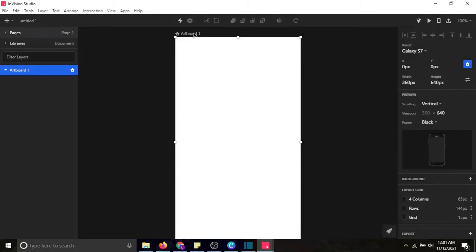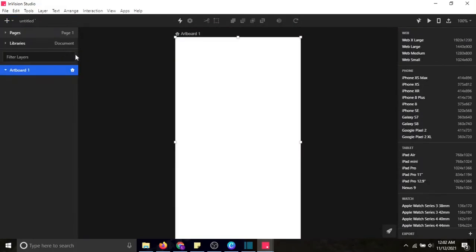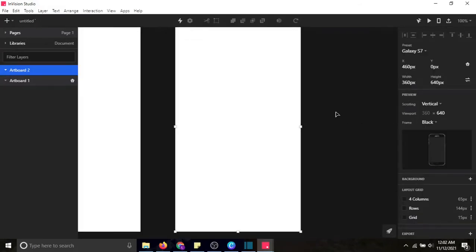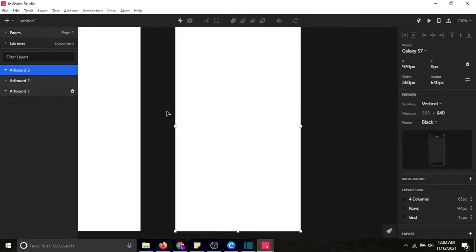And please take note that you can have as many artboards as you want. Add artboards. You can use this, uh, create new object, or you can click artboard and select the type or the size here, or you can press A on your keyboard and these templates will be displayed and select the artboard here. Okay, so now I have